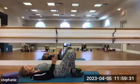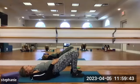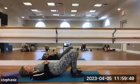What the ball is doing here is just keeping your legs in good position, so they're not rocking inward or going too far outward. It's just an alignment tool more than anything. I'm not trying to squeeze the ball. I'm just lifting at the hip and lowering back down. Glute work. 1,